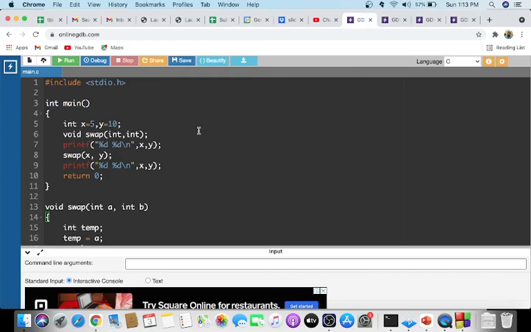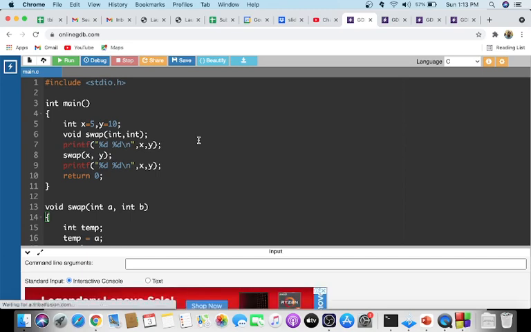We have already seen that the call by address mechanism, or call by reference, is not supported in C, but using pointers we can bring in that call by reference mechanism. That is, we can pass the address of the variable and do those manipulations, and when we return to the main program, the changes will be reflected in the main program also. So we'll see an example here.